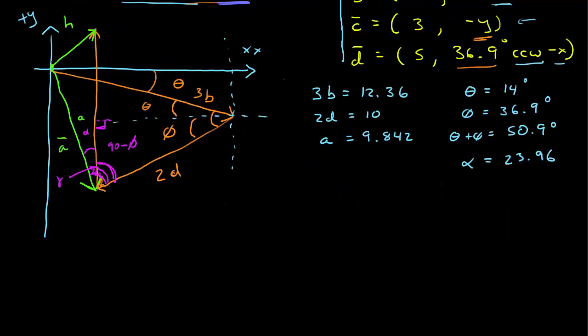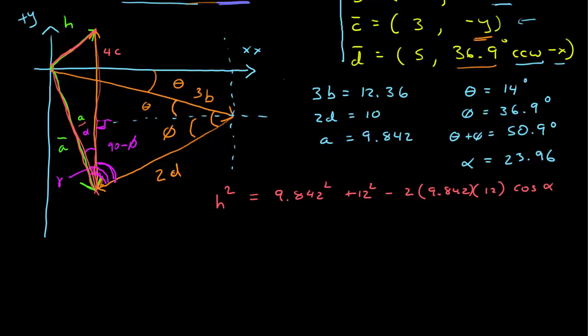I've cleaned up my workspace a little bit, and so now I'm looking at this triangle where I know the length of one side, which is 4c. I know the length of the other side, which is a. I know the angle between them, which is alpha, and that will allow me to use the law of cosines to find h. H squared is equal to this expression, which I've written out, and that allows me to solve for h. And when I do that, I get